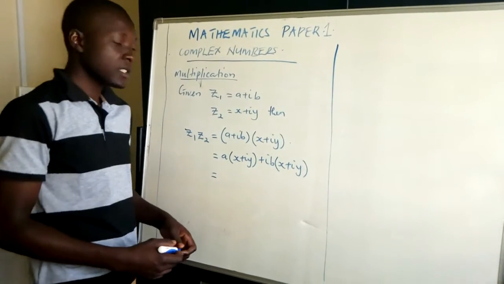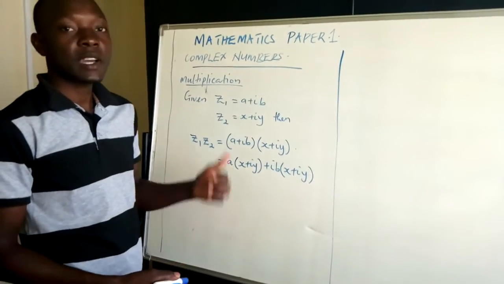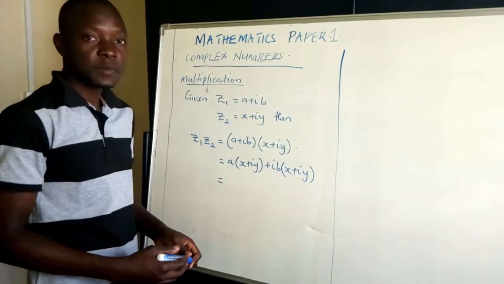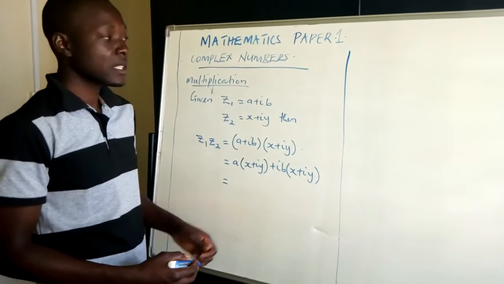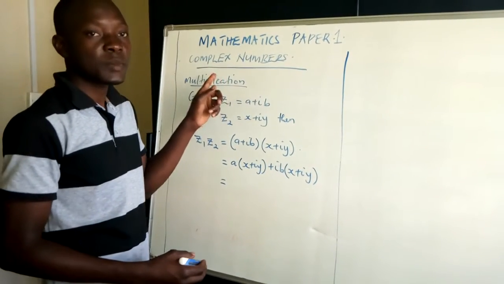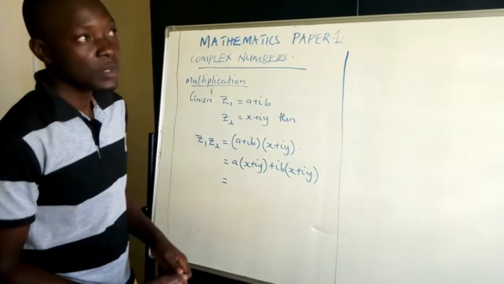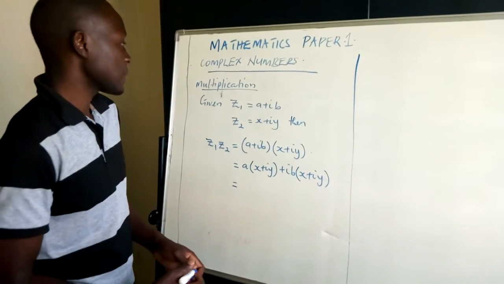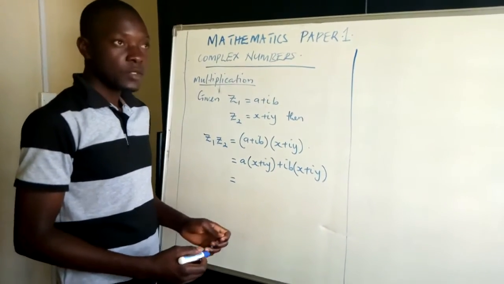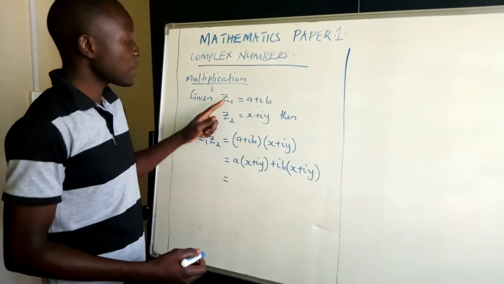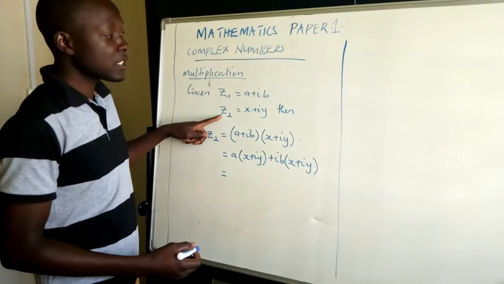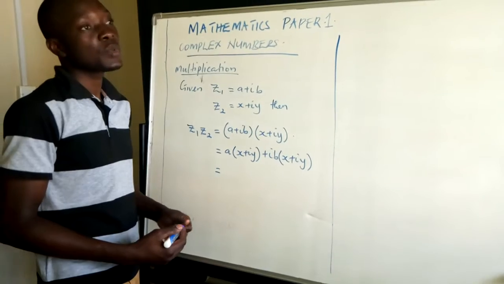Good afternoon, friends. Once again, I'm back to add on to what we looked at last time in complex numbers. That is adding on multiplication, because last time we saw how to add and how to subtract. Now today, if we are given two complex numbers z1 and z2, and the issue is to multiply the